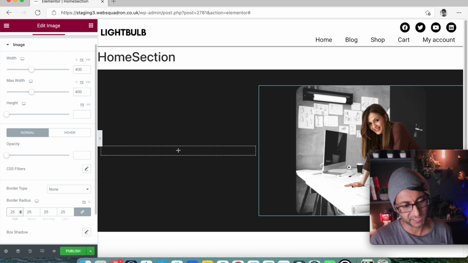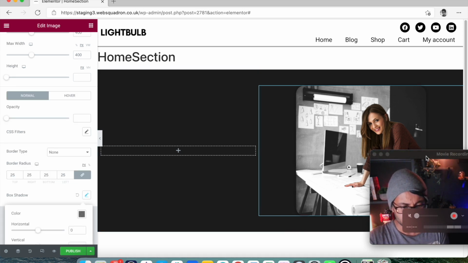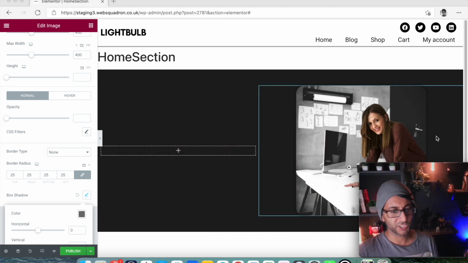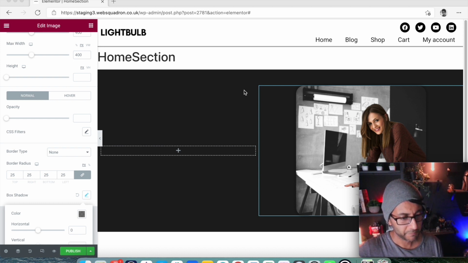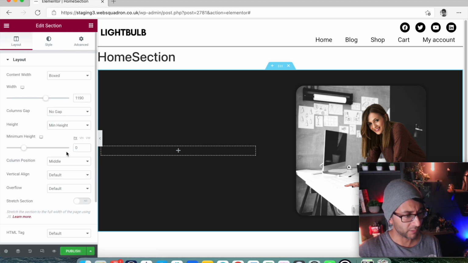So what I'm instead going to do is just do 25 on the radius, and I'm actually going to give it a slight shadow, which you can just about see. You can see that little shadow effect just over there. When you have dark, you're not going to notice as much, but it is slightly subtle that it's just coming forward. Right, this section, we're going to go back to the layout,